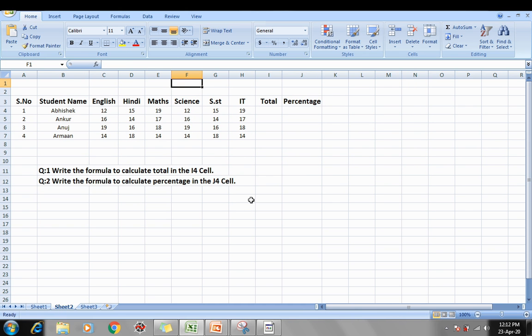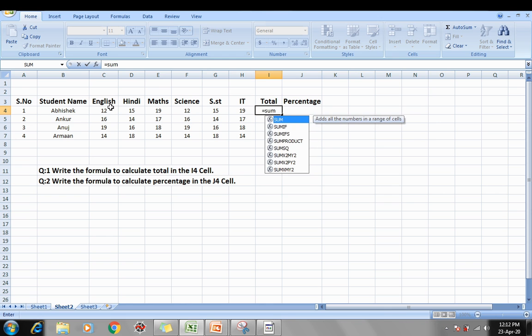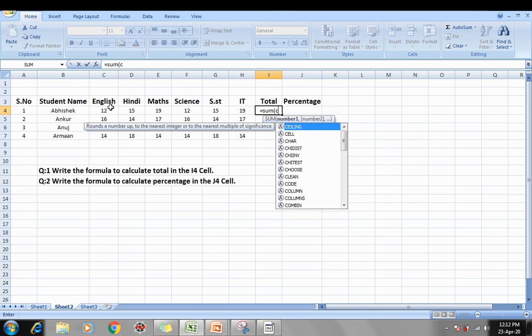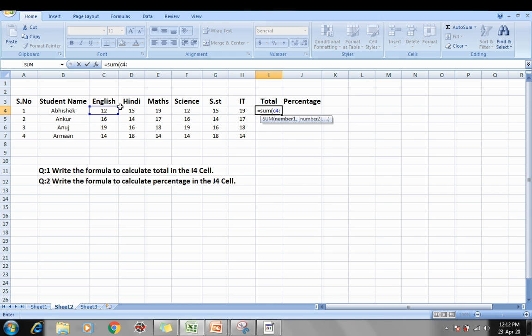This is also one of the examples. In this you have to write the formulas which are required in this Excel sheet. Suppose we have to put a formula in this cell I4 to calculate the total of all these cells. You put the equal to sign, then from which cell you have to add, C4, or you can use equal to SUM, bracket open, C4 colon up to which cell, H4.